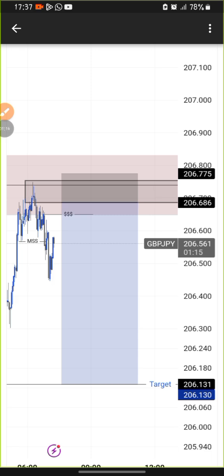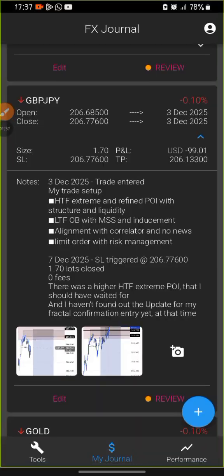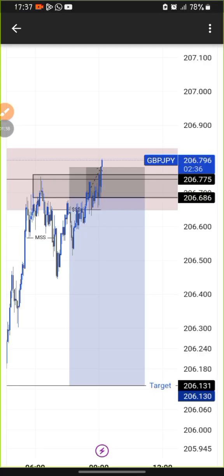I actually worked. Okay, that was still this week. Within the week, I worked on the fractal confirmation, I just evolved it a bit, updated it a bit, which you will be seeing as time goes on in my videos. I haven't done that update yet when I took this trade. So this trade on GJ, the outcome was a loss.